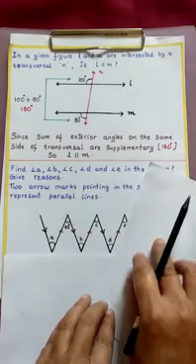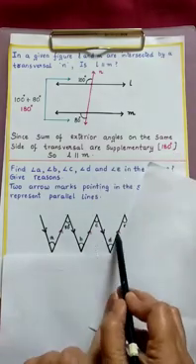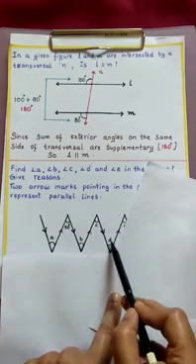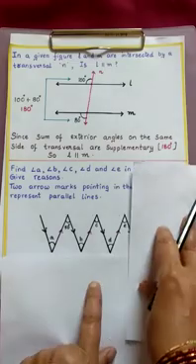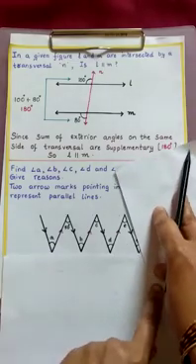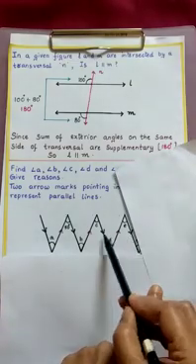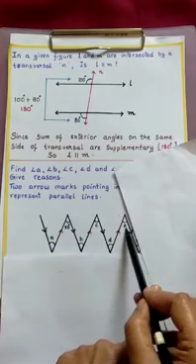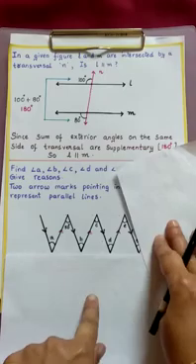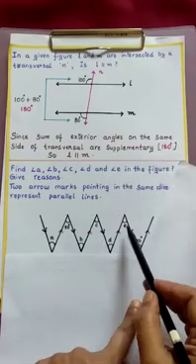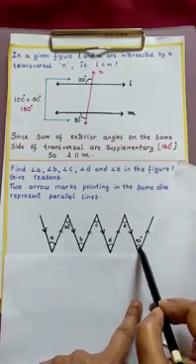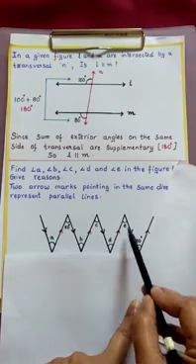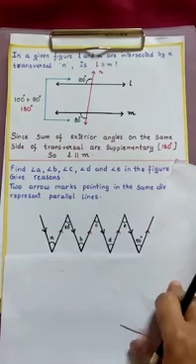Now if you see like this, these two are parallel. This is a transversal. If C is 50, D is also 50. Now consider these two are parallel. Then this is a transversal. If angle D is 50, then angle E is also 50. See, we got it here: angle E is 50. If you want to check here, these two are parallel, then this is a transversal. Then the value of E is 50 degrees.